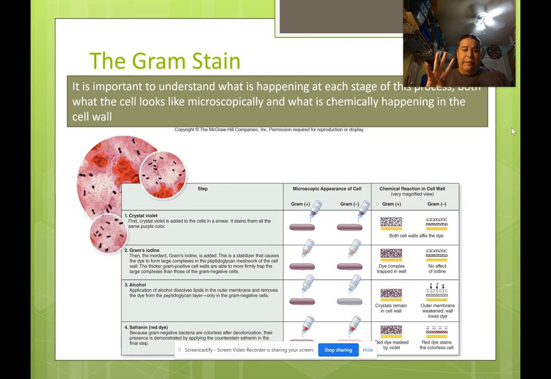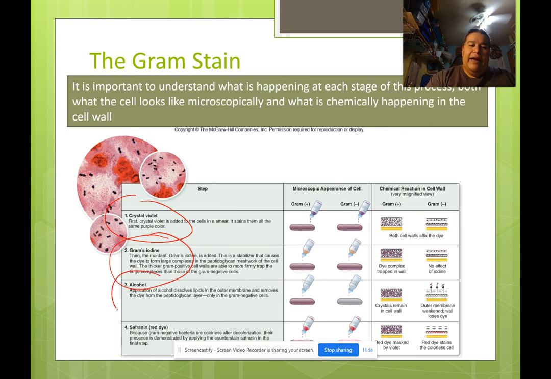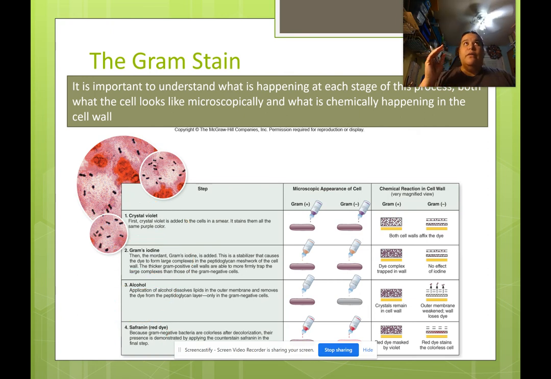So you have four chemicals that you are going to use. Okay? Well, actually five if you include water. You've got crystal violet. Okay? That's an actual pen, not the one that goes to the computer. You've got crystal violet, gram's iodine, alcohol, and safranin. Okay? So the only other thing that you are going to use is water. All right? So crystal violet,